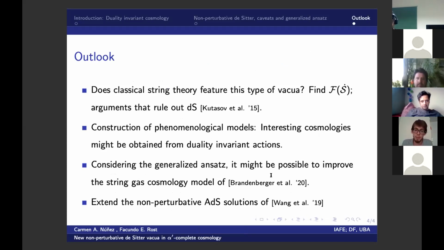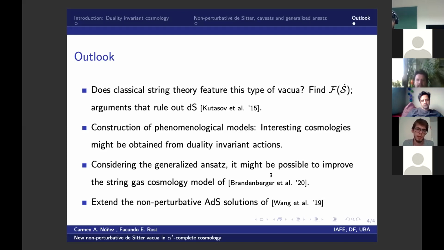Indeed, if they effectively apply to our context, then we conclude that classical string theory should belong to the sector of duality invariant actions that don't admit these non-perturbative de Sitter solutions. Additionally, these duality invariant actions can be useful to construct phenomenological models, since interesting cosmologies might be obtained from these actions. Also, in this direction, considering the generalized ansatz that we briefly discussed, it might be possible to improve the string-gas cosmology